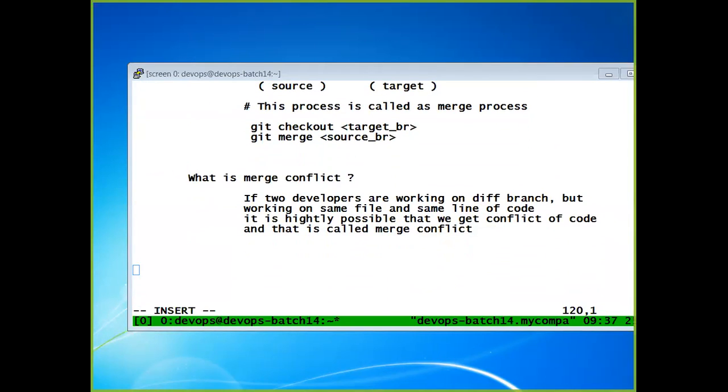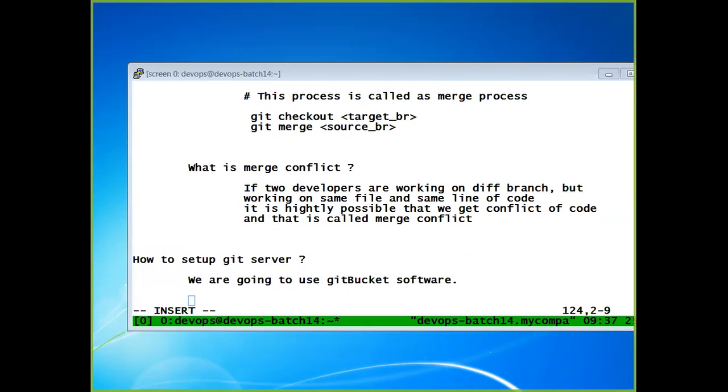How to set up a Git server. Now we are going with the process of setting up the Git server. We are going to use GitBucket software. We need to download it from the internet and install it.